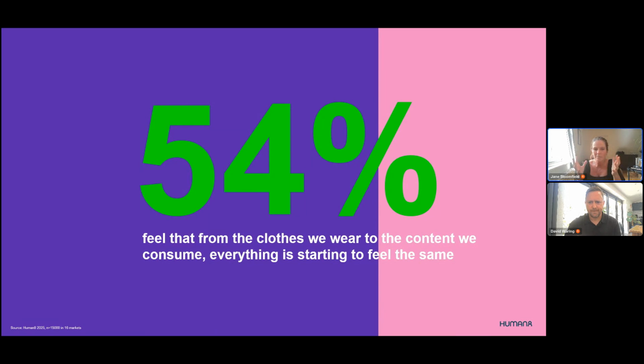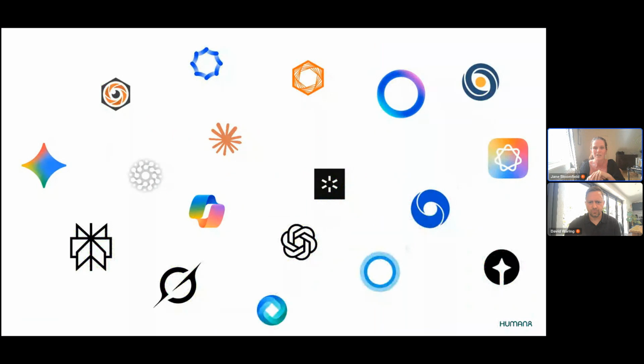If you look at how this plays out in branding, on this slide coming up, we've got a whole load of logos for different companies. We could play a game of can you guess, or how many do you actually know on this slide, because I've removed the names just to make it a little bit more challenging. When you start to remove those names, something really interesting happens, right? They all start to look very, very similar, not just in terms of the shapes, but in terms of the colors that are being used.